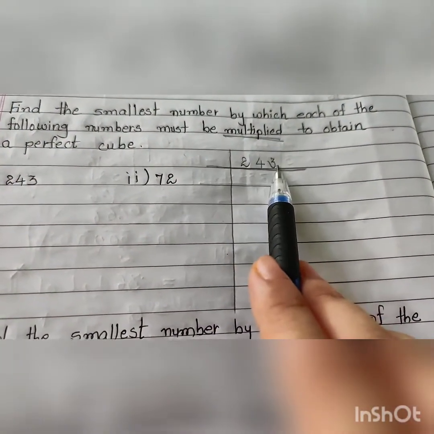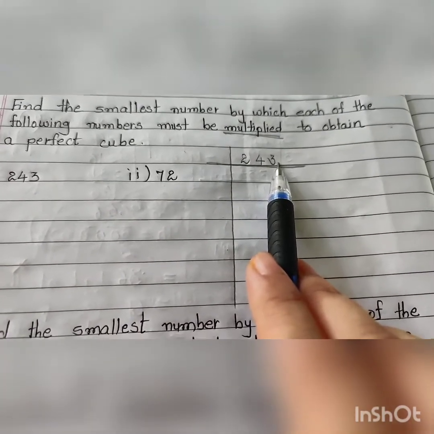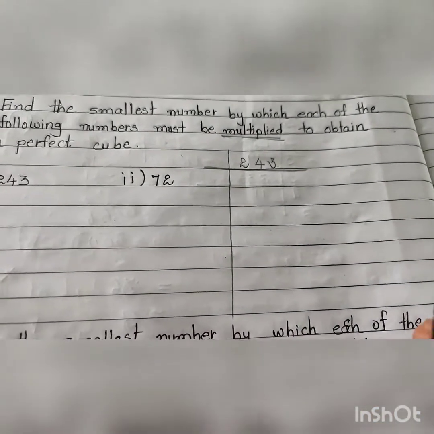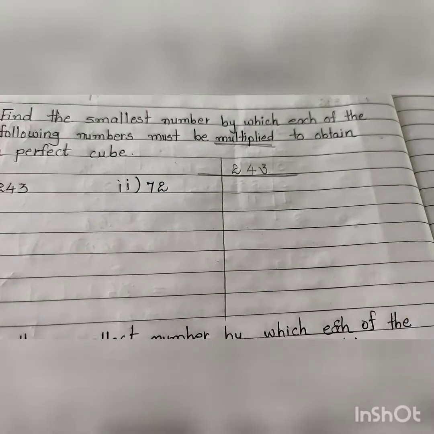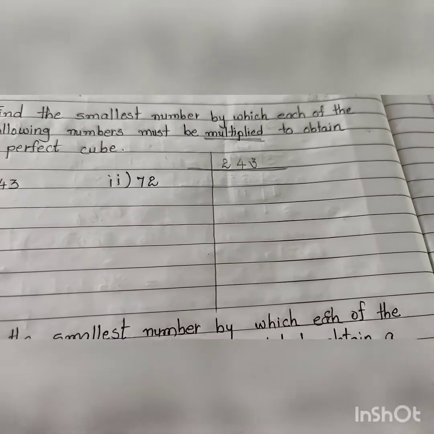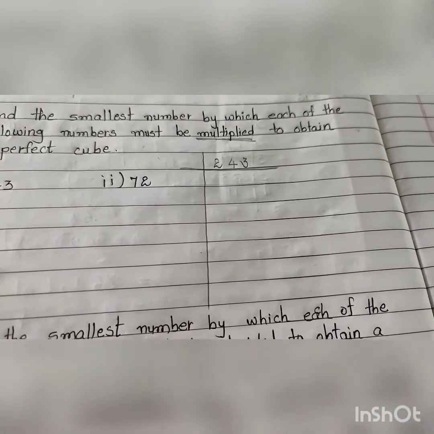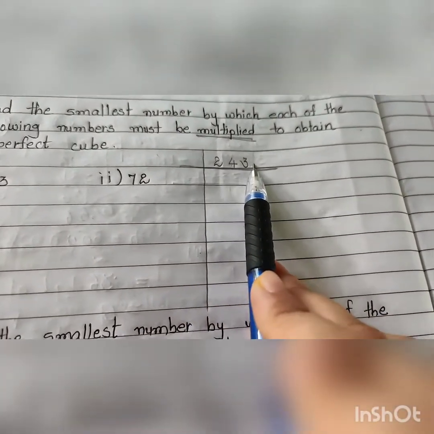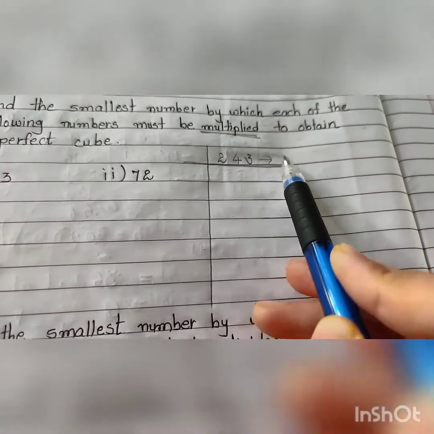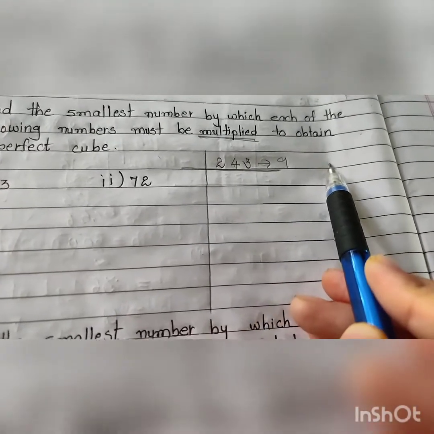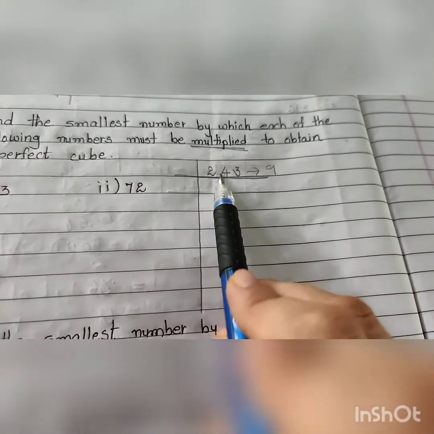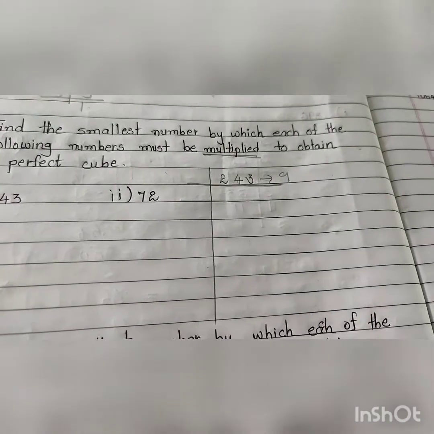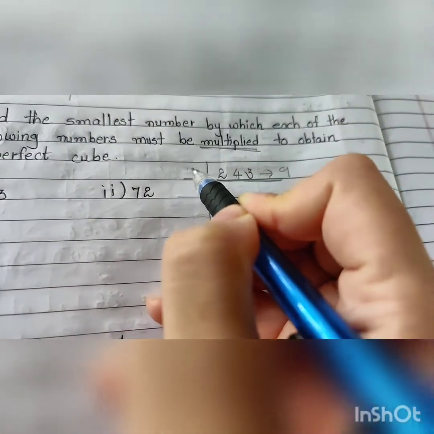243, here this 3 means we cannot start with the prime number 2. So we must go with another prime number, that is 3. So what's the divisibility rule of 3? 2 plus 4, 6 and 6 plus 3, 9. So 9 is there in the table of 3. मतलब 243 is also divisible by 3.